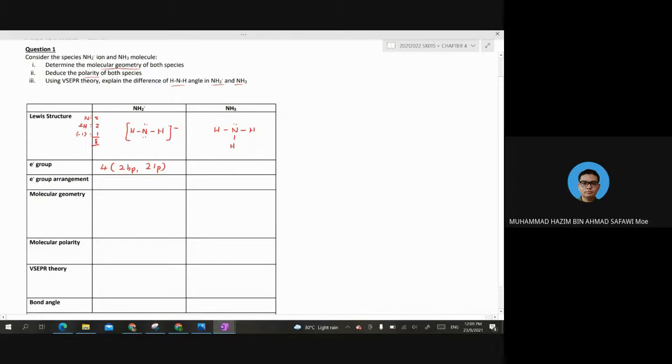Alright, noted, madam. NH3 has electron group 4. What is the combination? 3 bonding pair, 1 lone pair. Very good. The electron group arrangement for both is the same, which is,